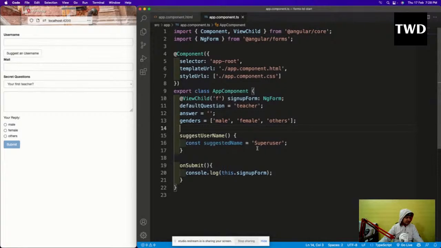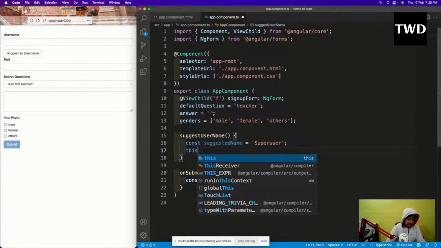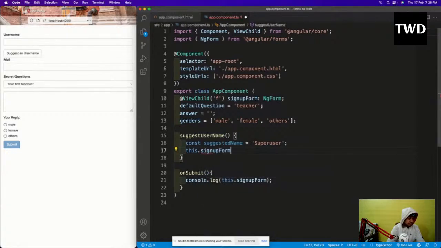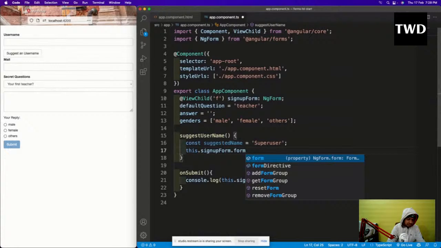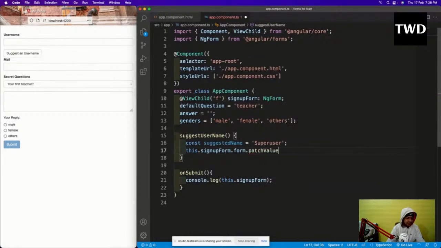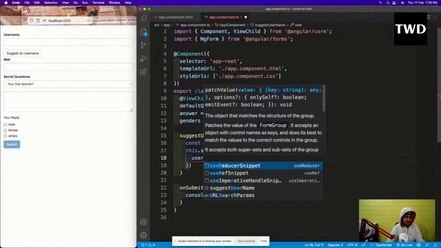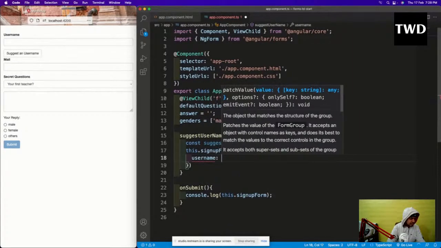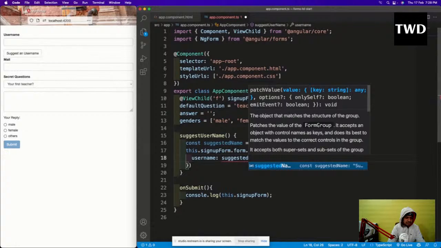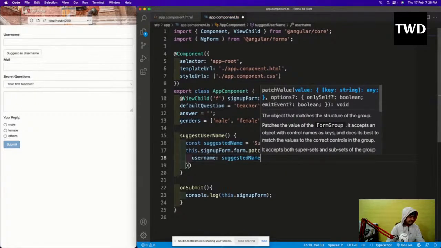Here we are going to have a const suggestedName equal to superuser, and then this.signUpForm.form.patchValue, and username is suggestedName.